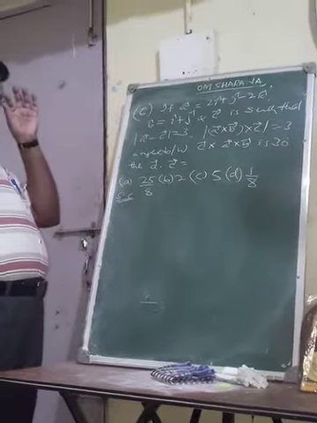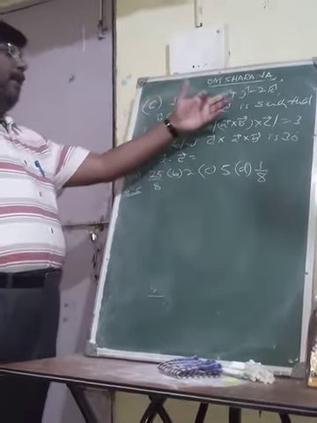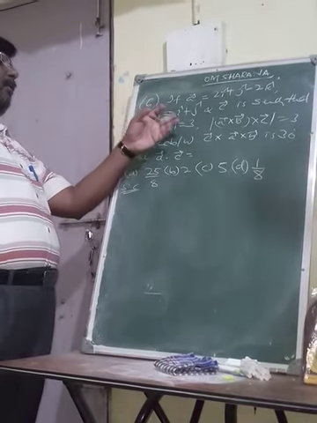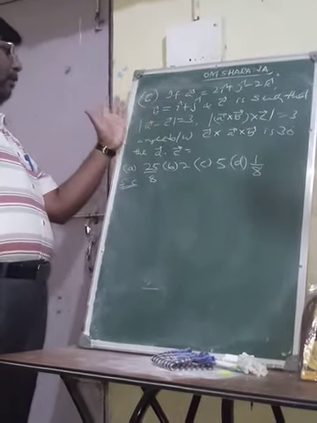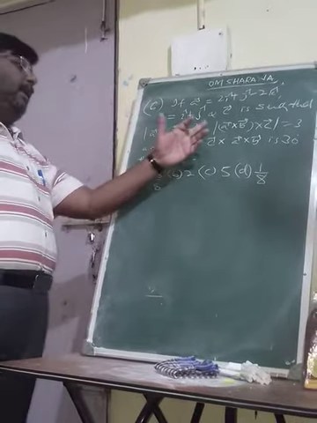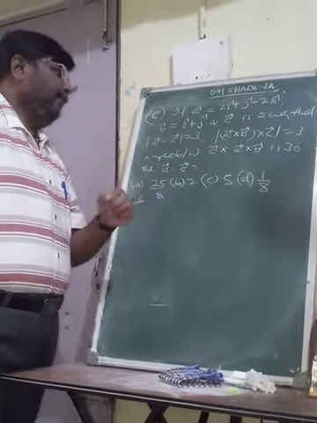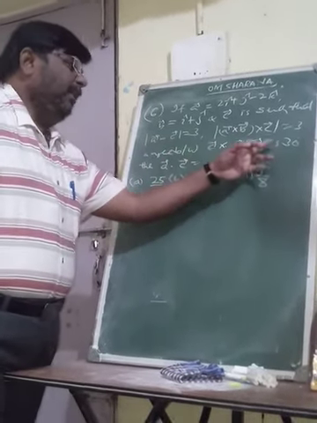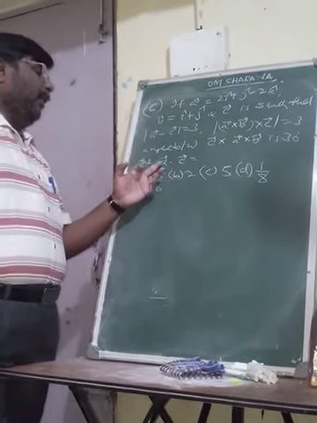This is also a problem from JEE. If vector A equals 2i + j - 2k, vector B equals i + j, and vector C is such that the magnitude of vector A minus C is 3, and the magnitude of (A cross B) cross C is 3, and the angle between C and A cross B is 30 degrees, then what is the dot product of the vector A and C?